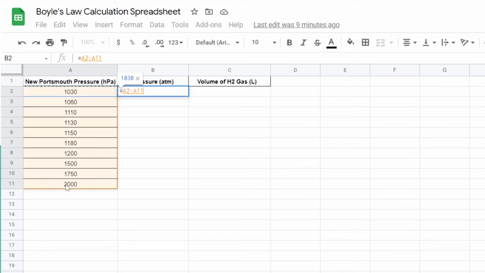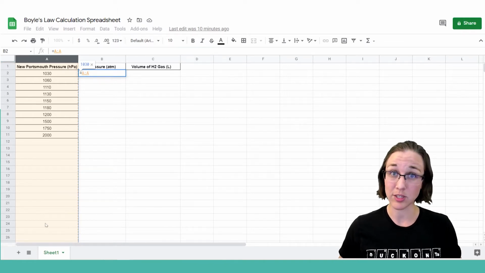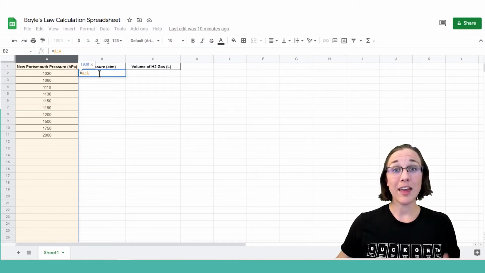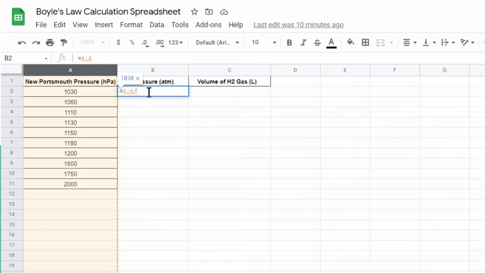So all I did now was left click and drag. So I held at the top, left click, and dragged down. That dragging tells it specifically which values I want it to pull from in order to do the calculations. You could have also just left clicked on the top here on the A column and it'll highlight everything that you have in that column. This is a lot easier to do, especially if you have a lot of values to convert and not just 10. Then, as we saw in our handwritten calculation, we needed to take that value and divide by,